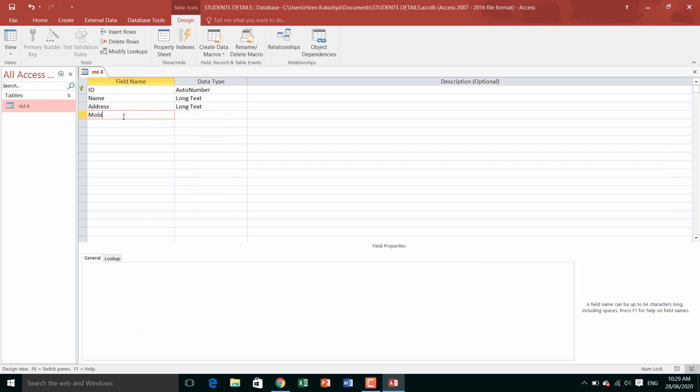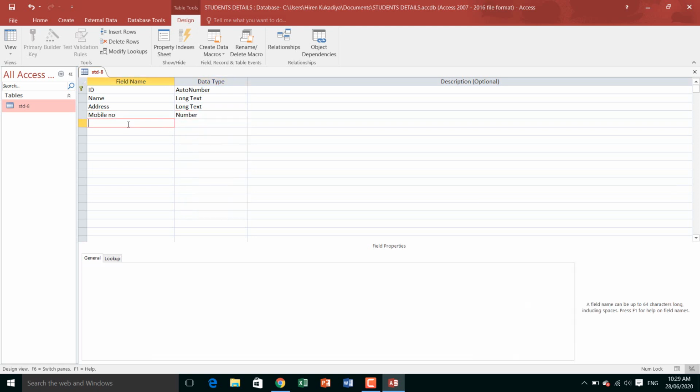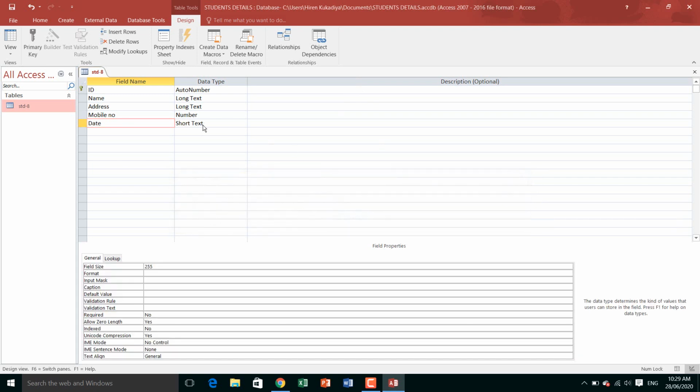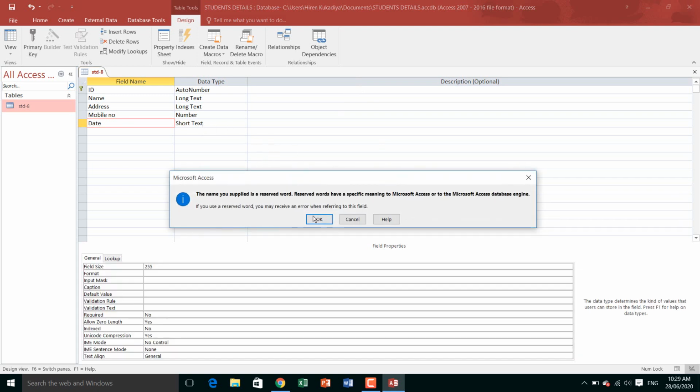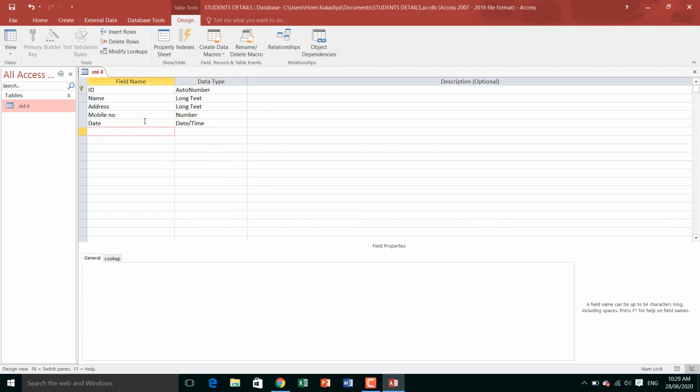Then Mobile Number. Mobile number is a number, so we cannot use text, we will use number. Next one is Date, so here we will take the date and time option. Now our basic table is created.